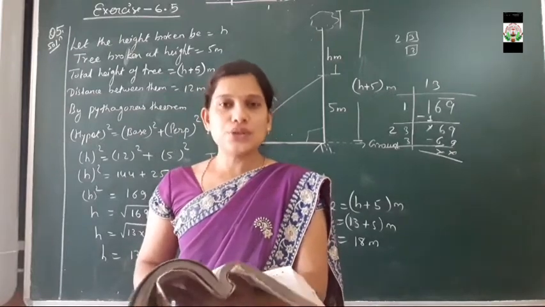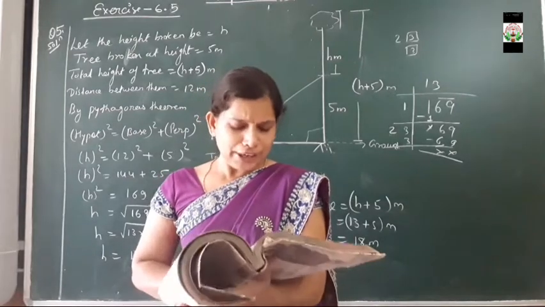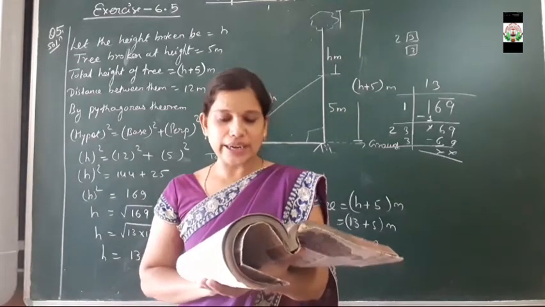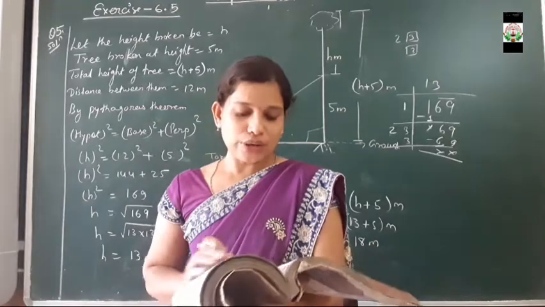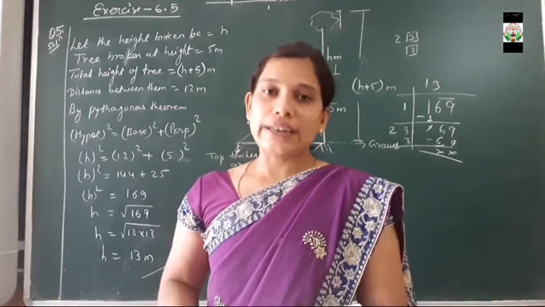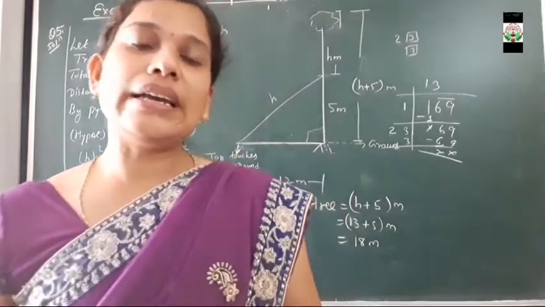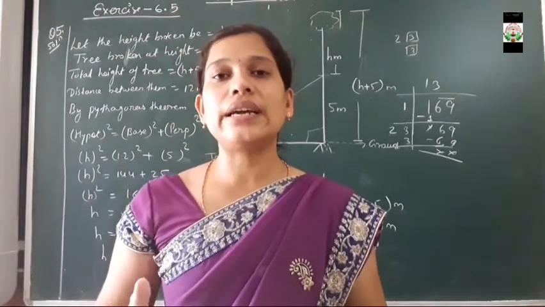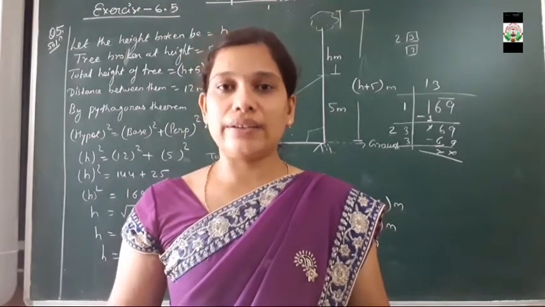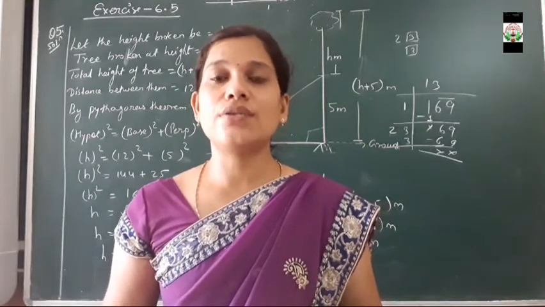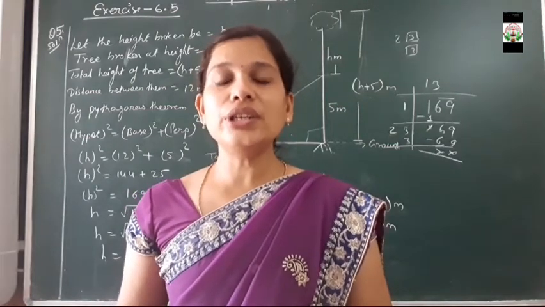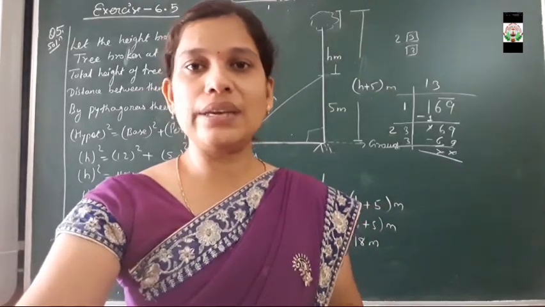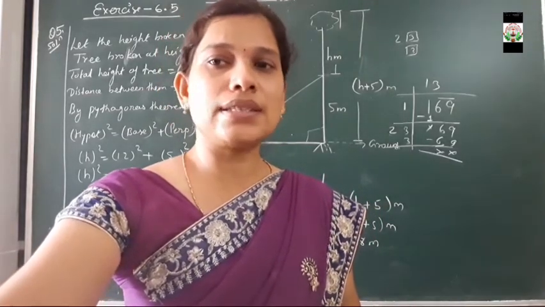Then moving towards question number 7, find the perimeter of the rectangle whose length is 40 centimeter and a diagonal is 41 centimeter. So here you have to use the rectangle. While drawing a rectangle, the diagonal is drawn, so the diagonal divides the rectangle into two equal right angle triangles. As we know, each angle is of 90 degree. Hence applying the Pythagoras theorem we can easily find out the answer to question number 7.